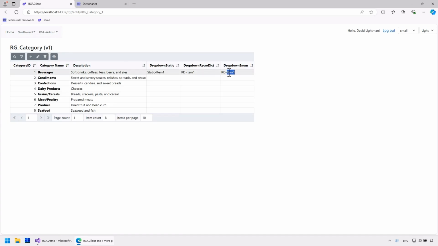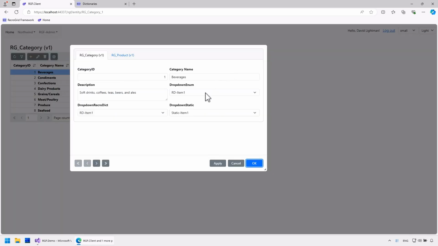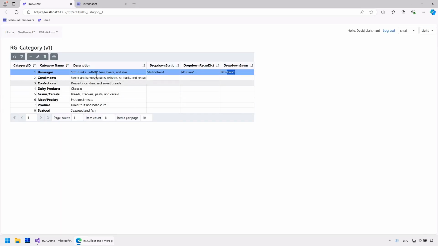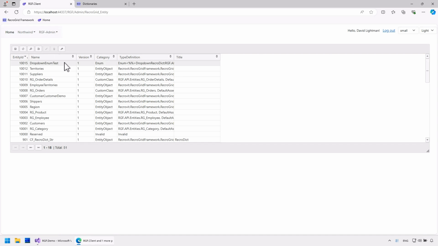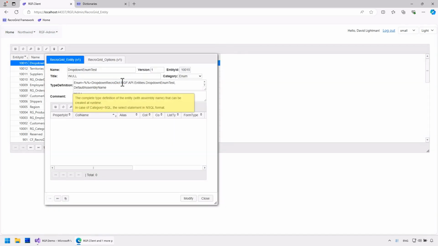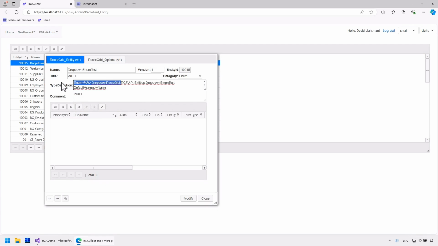It is evident that the textual display now comes from the Recrodict, as I defined the Recrodict keys to match the values in the enum. Okay, I'll revert this change.